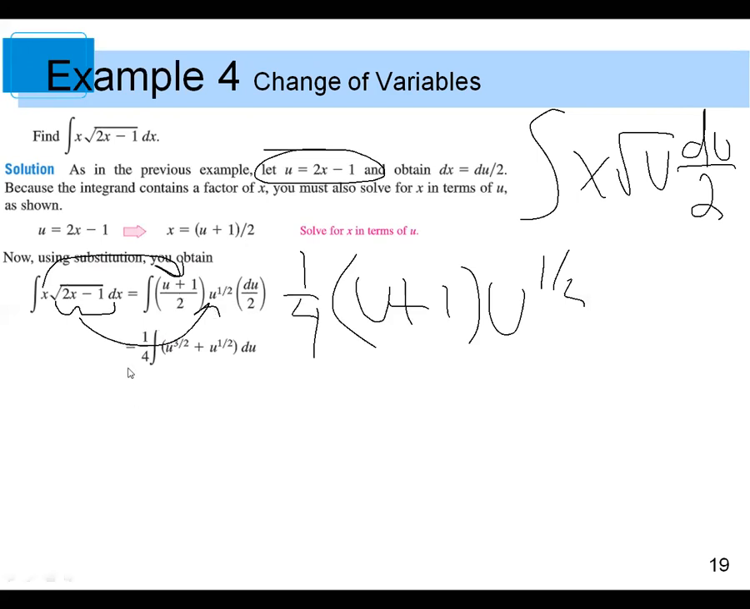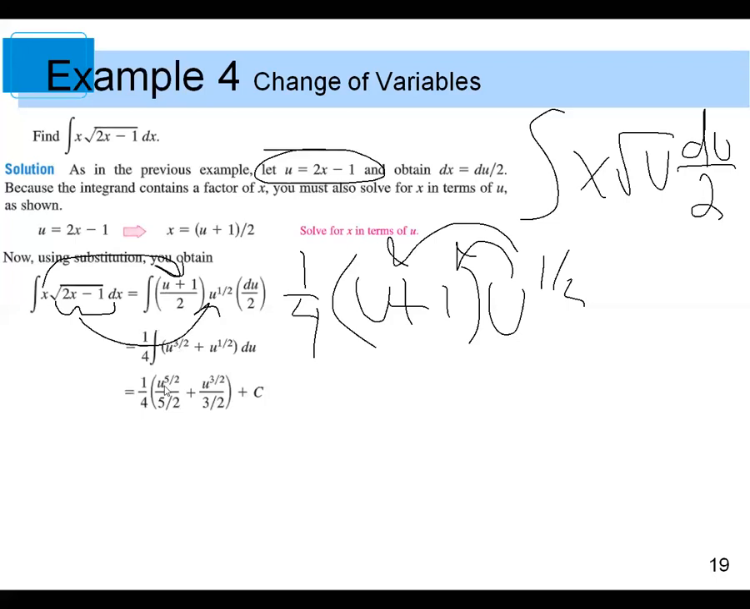Well, I can factor the 1/4 out and distribute the u to the 1/2. Now I've gotten rid of the product, and I've gotten rid of kind of the composition. It's just u to the 3/2 plus u to the 1/2. Now I can just do the regular power rule. So it's going to be